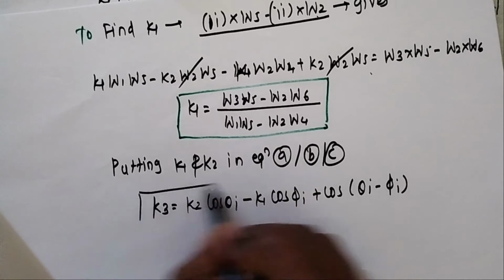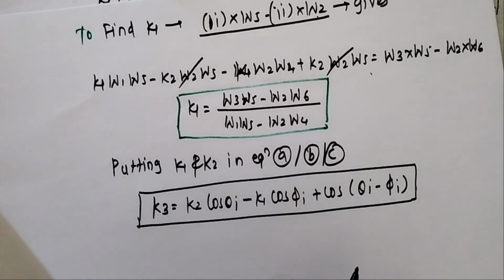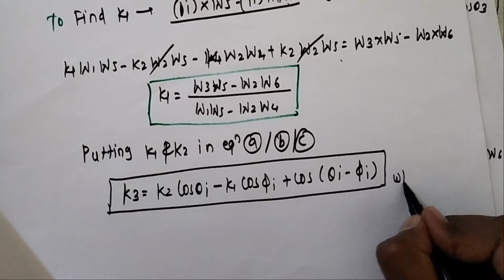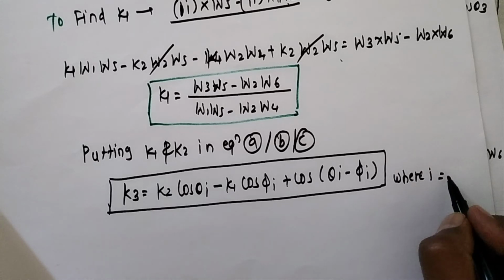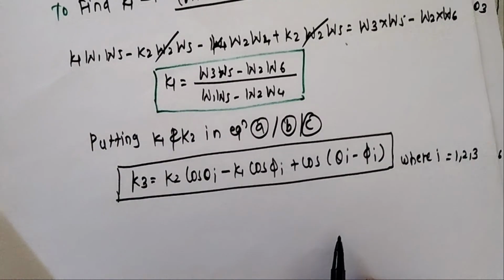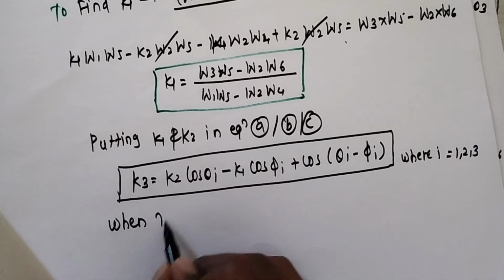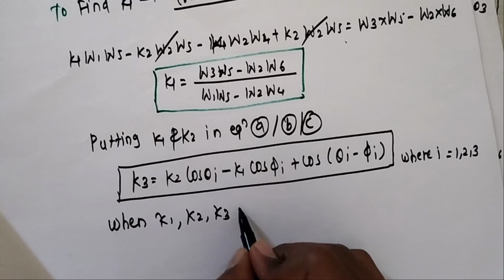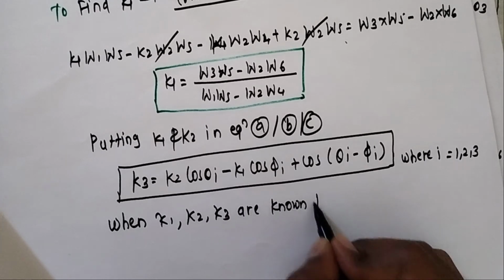from this equation. So I know K3 also now, and we know that once you know K1, K2, K3, of course where I is, what is I here? I is varying from 1, 2, 3, as the three positions we discussed. So when K1, K2, K3 are known, then